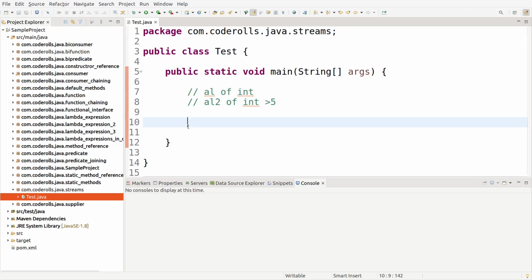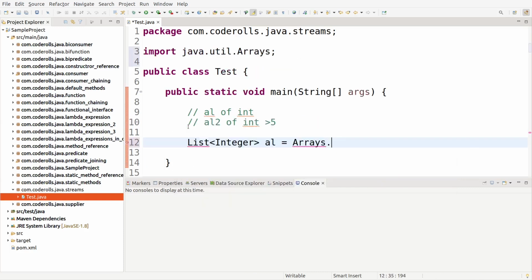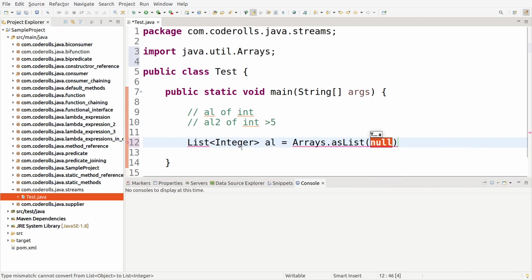So let's create one list of integer, and I will give it the name AL, and here goes Arrays.asList. You can create the list AL equal to new ArrayList and then add numbers, but just use this shortcut here.